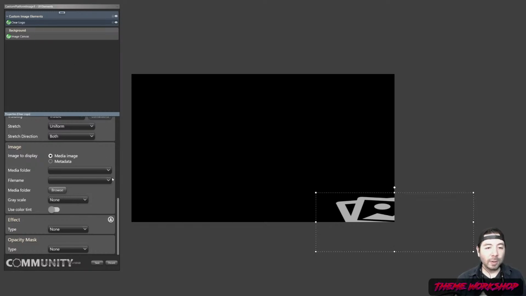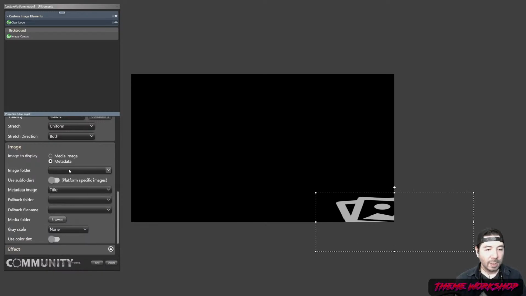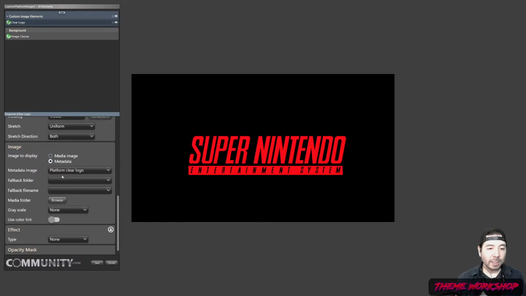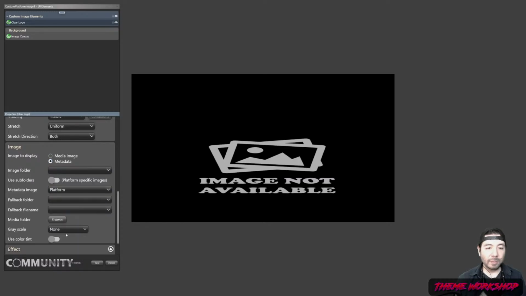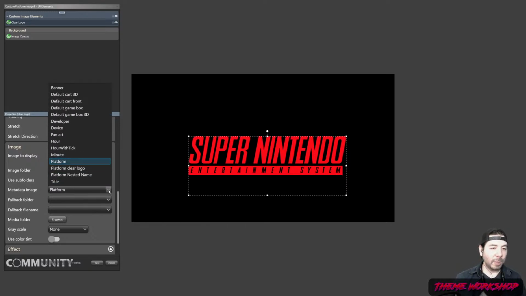I'm going to call it clear logo, and I placed it as metadata. I'm going to tell it that I want you to look for the platform name, or let's say title, and I want you to look inside of clear logo and display anything that's in there. Okay, it's platform, isn't it? Oh, not that one. Platform. It's not. Oh, I have to reset that. There you go. Okay, so when you hit metadata, it's looking for the text called platform,